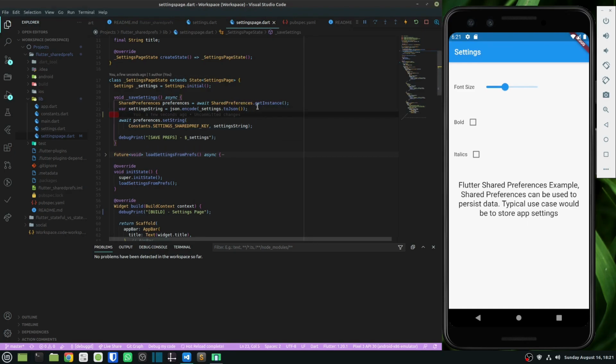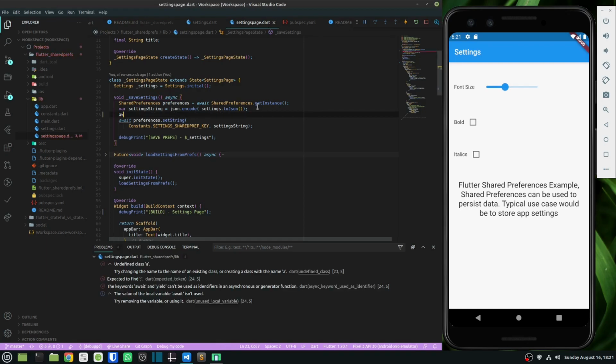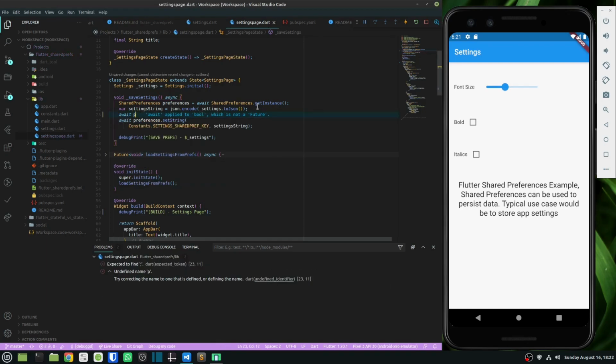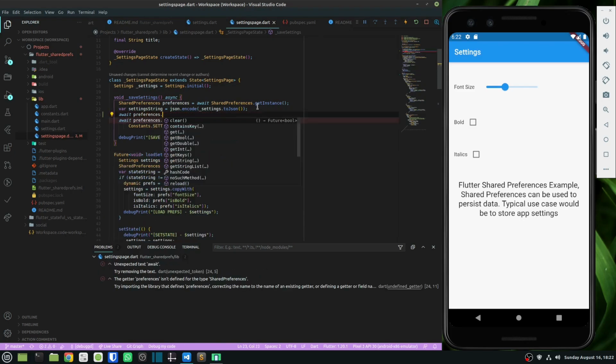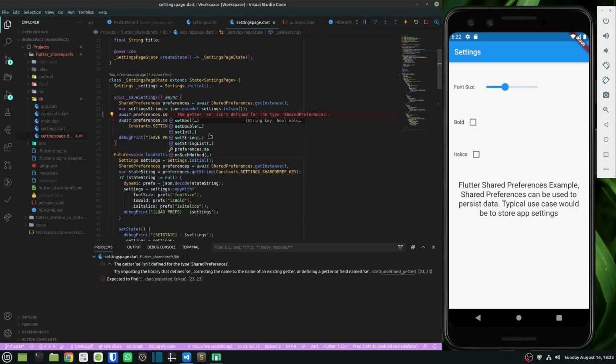If I have a look at the preferences object, you will see that the set method for the preferences object has primitive data. You can only store things like double, int, string, boolean.